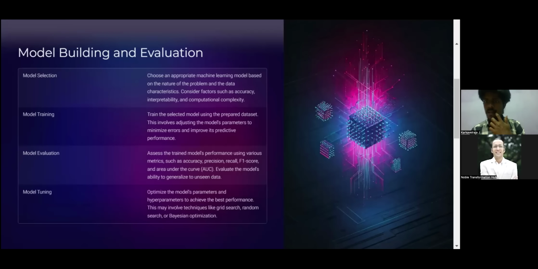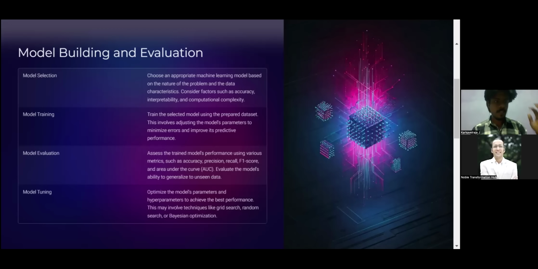So model tuning is that, consider you are getting a 60% accurate model, and you need to tweak it, right? So you need to tweak it so that you can get the best performance model. That's it. Okay. So this is a major thing that you need to do once the model is